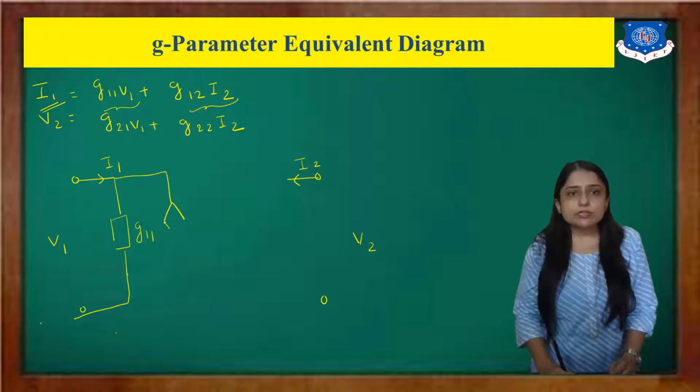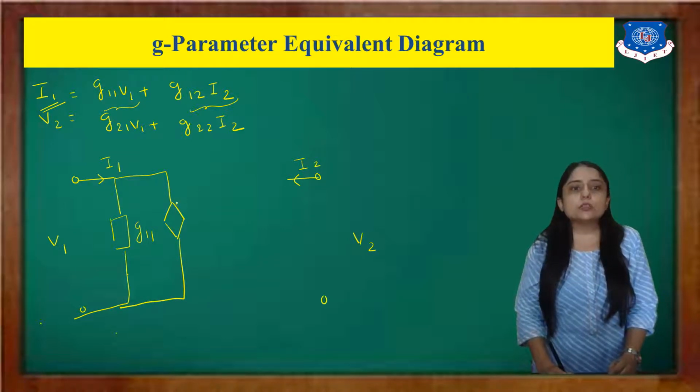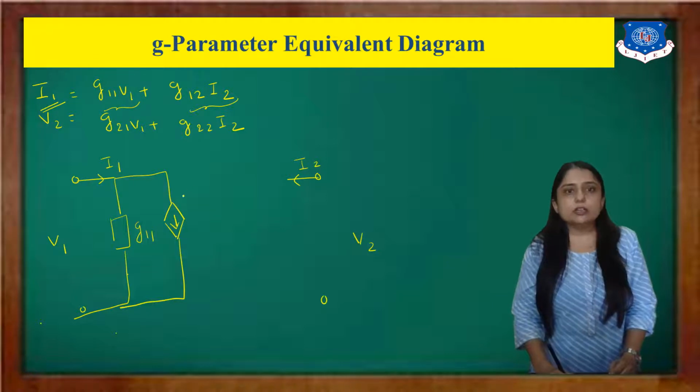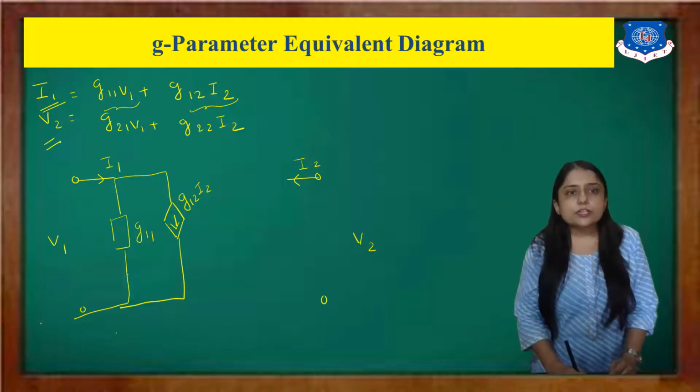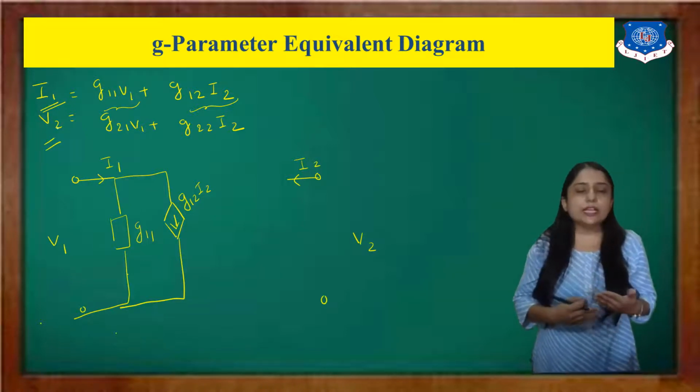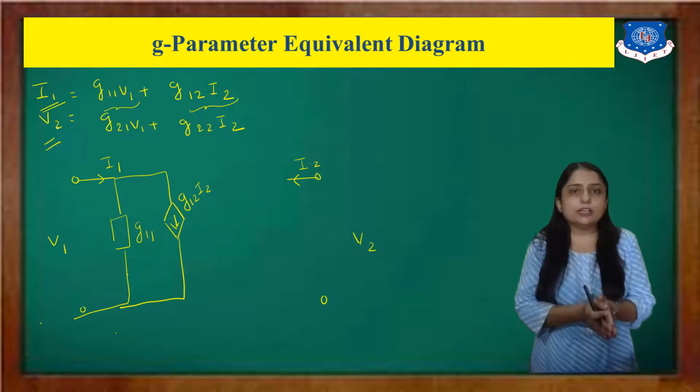So we will consider this as a dependent source. And here the direction is what? It is a down direction. And the value will become G12 into I2. Now for this V2, we know that we can add these two voltages when they are connected in